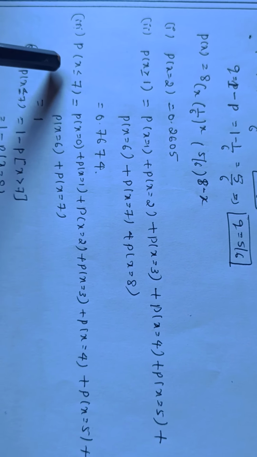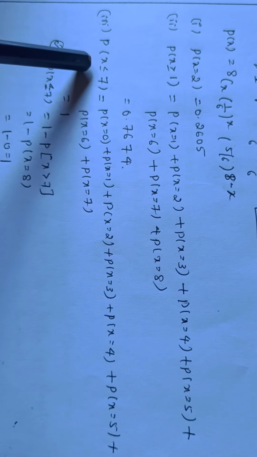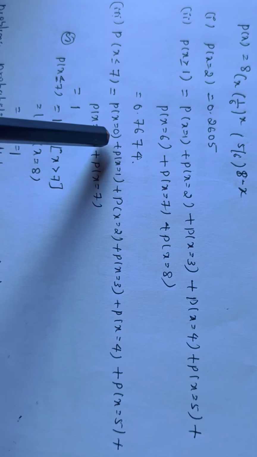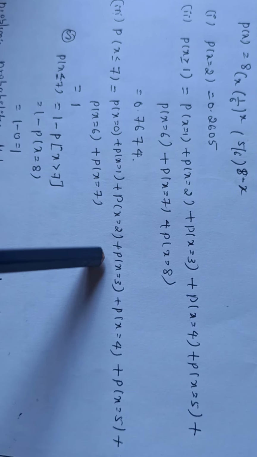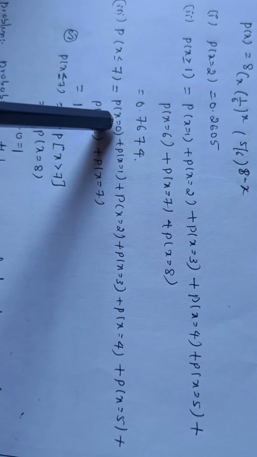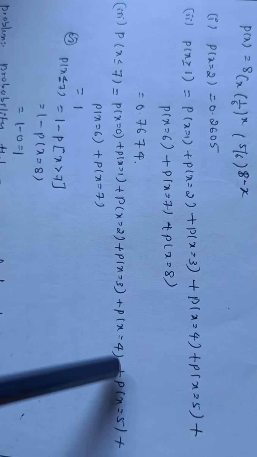Next we have the third case, where we have to find the probability of getting 3 at most 7 times. At most means a maximum of 7 times, that's it. So take the numbers starting from 0 up to 7, that is the probability of x equal to 0 plus the probability of x equal to 1, probability of x equal to 2, and so on up to 7. Substitute the values of x as 0, 1, 2, 3 and so on.